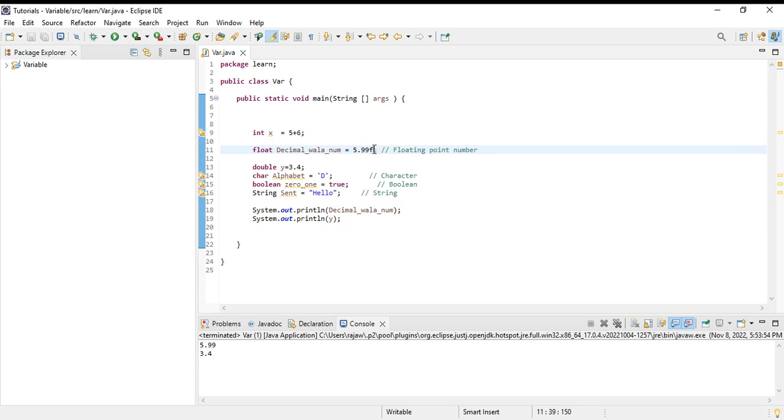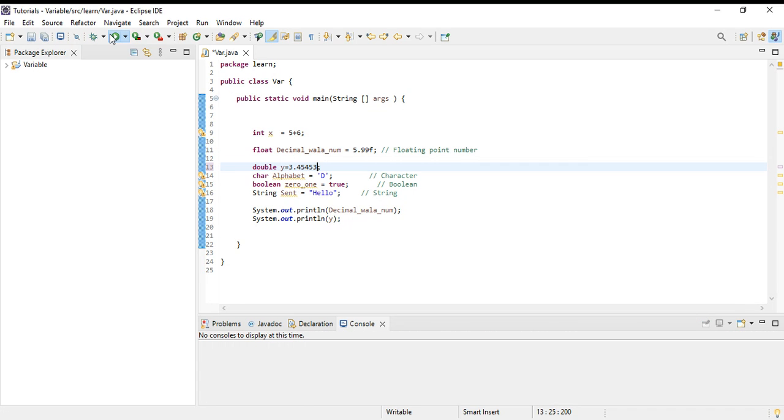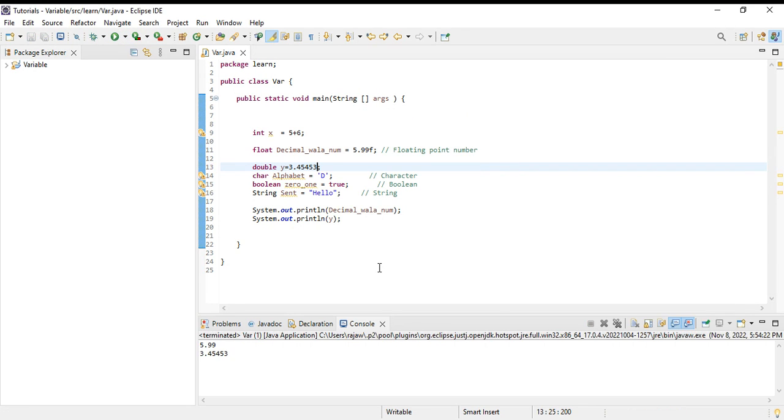5.99f. If we remove this f from here, then what is the difference between float and double? That's why we need to keep this f, to make the compiler understand that it is a float kind of data type, or that this is a double data type. Okay, now if we run, we will find that at a point of time,